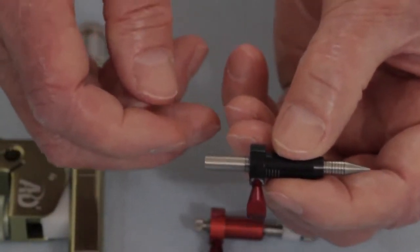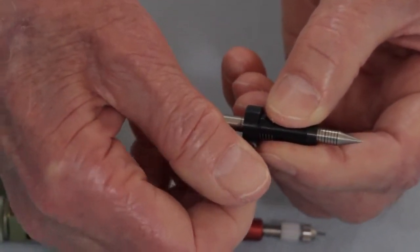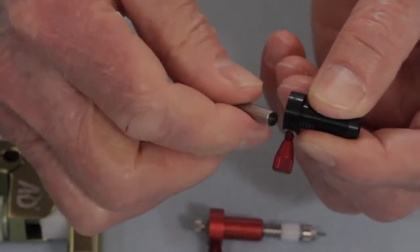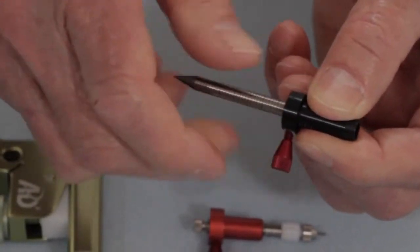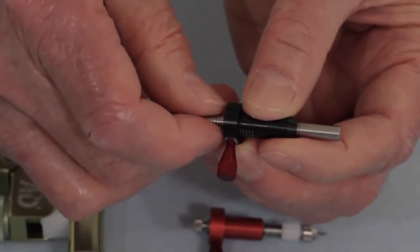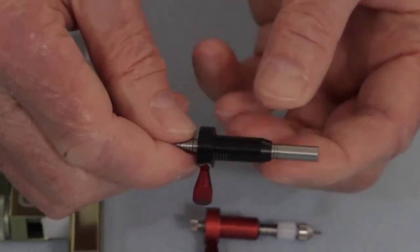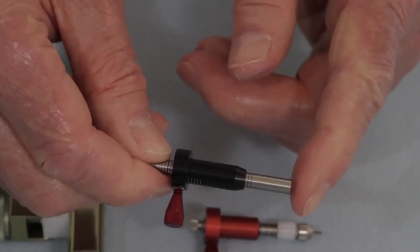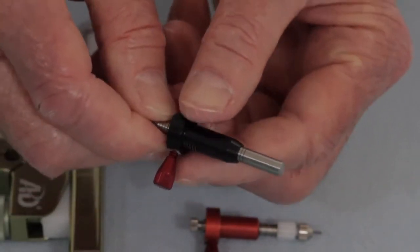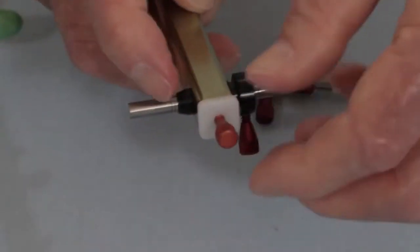And in order to set that distance, we use the stylus pen. And to do that, we're going to reverse the stylus pen and set the dull side toward the patient, that is, toward the flag. And we're going to set it so that it measures 2 millimeters. We'll see the 2 millimeter mark and lock it in position, so that we've now set the flat side of the stylus pen toward the flag assembly, and we've set it so that there's 2 millimeters extension. We're now going to insert that into the sidearm, lock it in position,